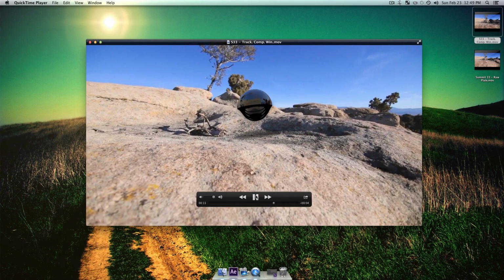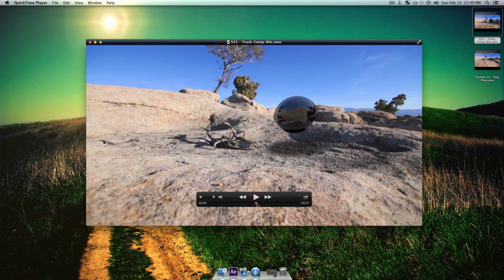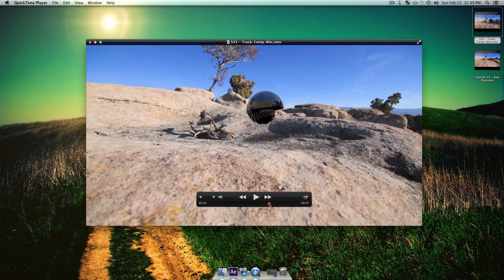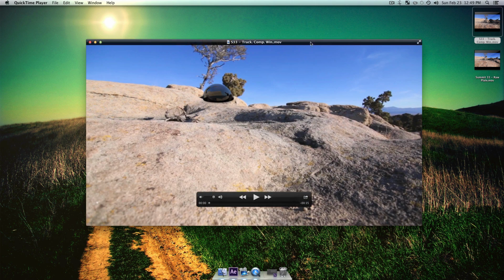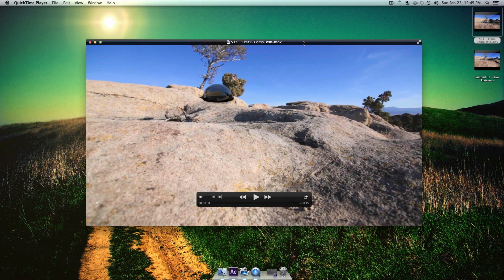Alright, so as you can see, we have a 3D object in this scene, which obviously was not really there, and there's one little glitch that I forgot to fix in this render that I'll actually be showing you how to fix. But as you can see, we have reflections of the environment onto our object. So this is going to be very cool, and the only thing you're going to need to do this video is Cinema 4D, R14 or later, so R15 also works, and also After Effects CS6 or later.